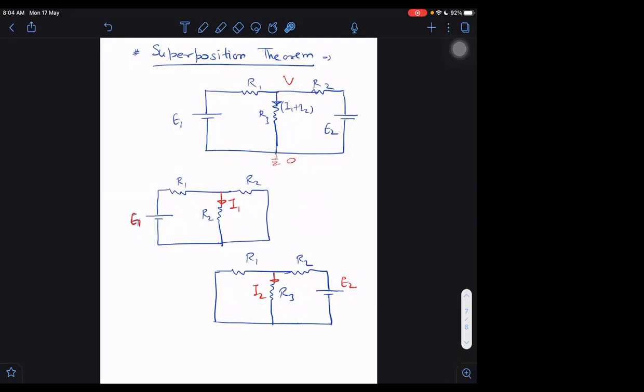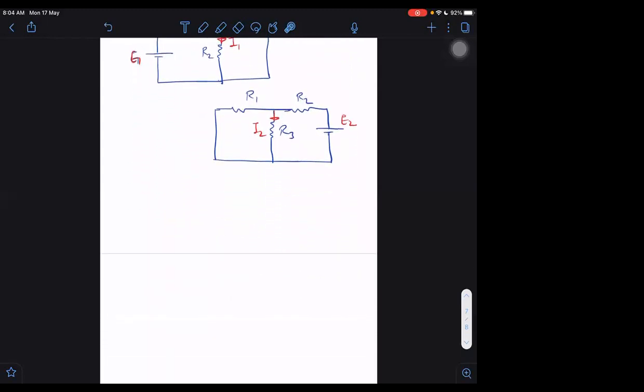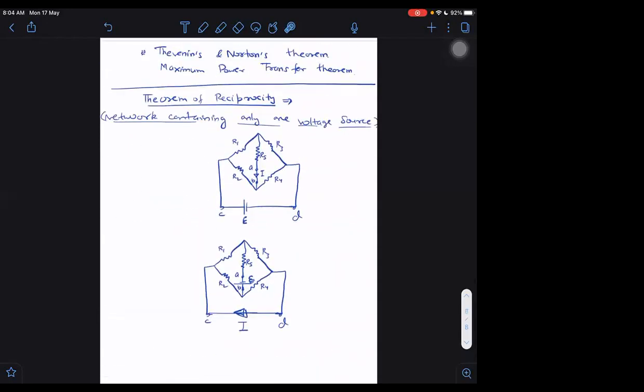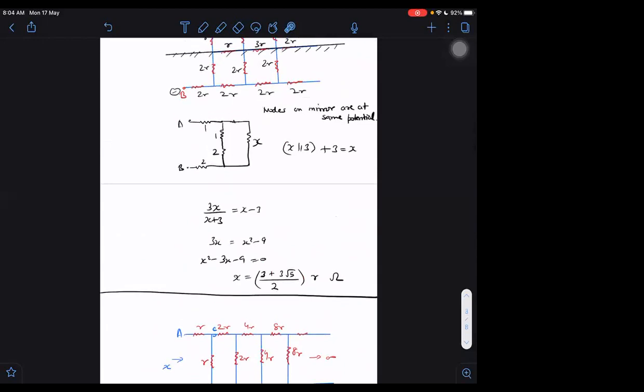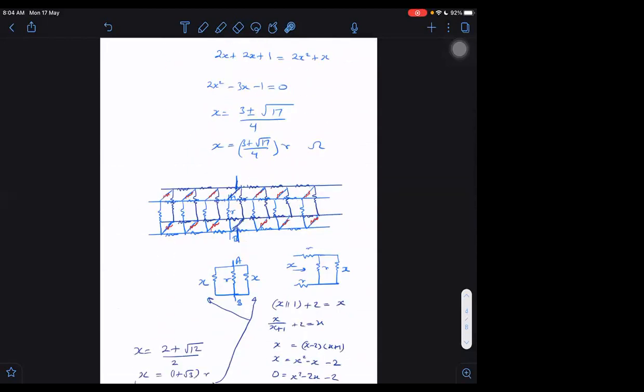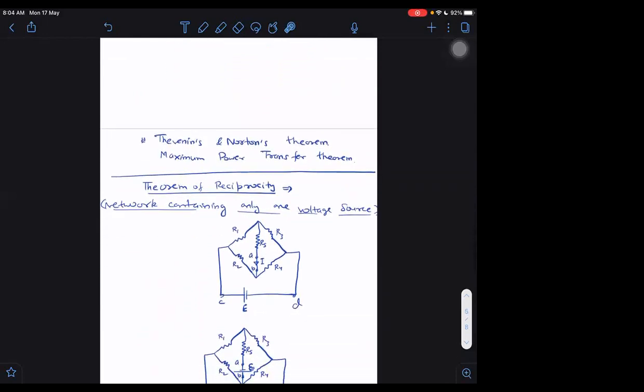But it is convenient in some places, like when they say E1 and E2 are there and we don't know what those values are, but we know the current due to these is 7 ampere. And now we connect an additional battery of some voltage, 2 volt, and ask what the current due to the total is. It will be convenient for answering such questions, and it may be convenient in the case which I wanted to take here, and because of that I made this digression.